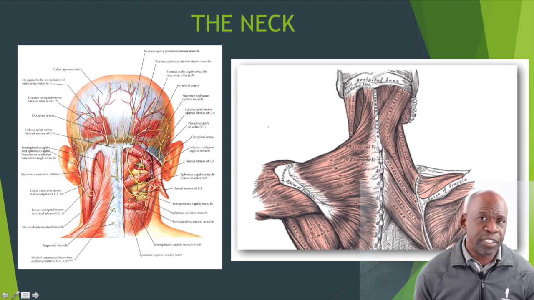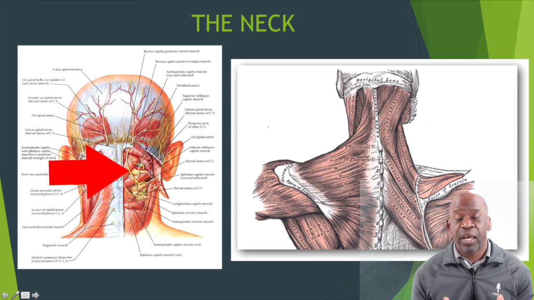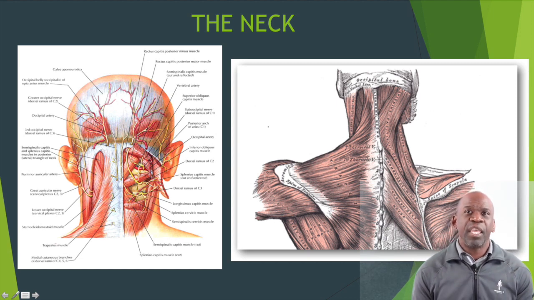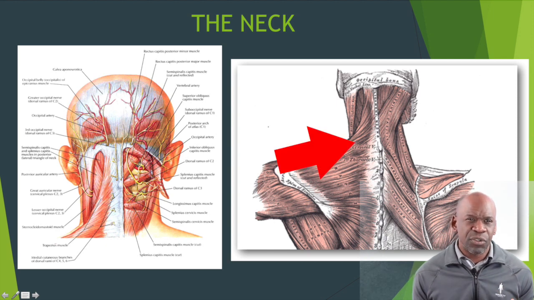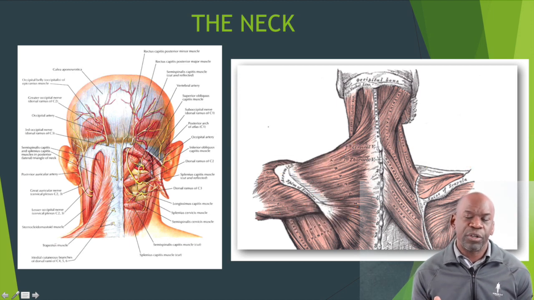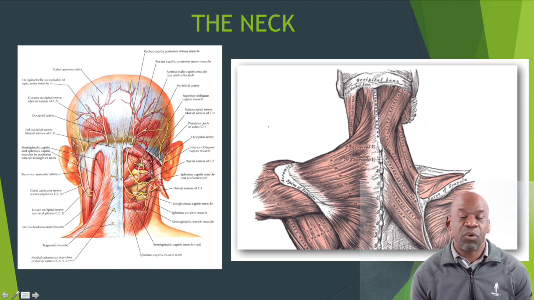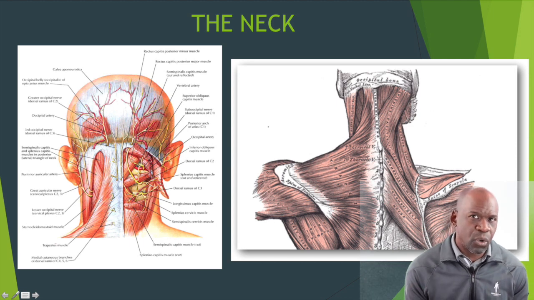Well, I said to you before that these structures have very small or very tight tolerances, and they cannot be stretched or moved or compressed very much without problems occurring. Because these structures travel in, around, and through the muscles of the neck, if the head is positioned away from the base of the spine, the muscles that control the position of the head and the neck and the shoulders have to work much harder in order to maintain the position of the head and the neck. This means that those muscles have to contract harder and they become more rigid than if the head were positioned in a more optimal position.